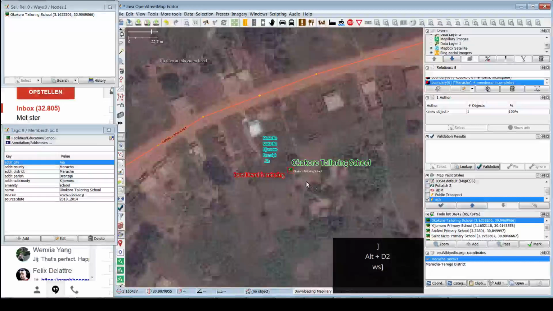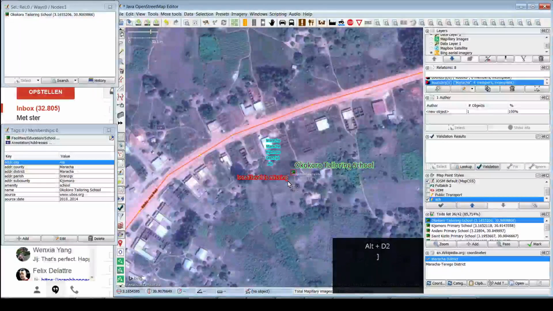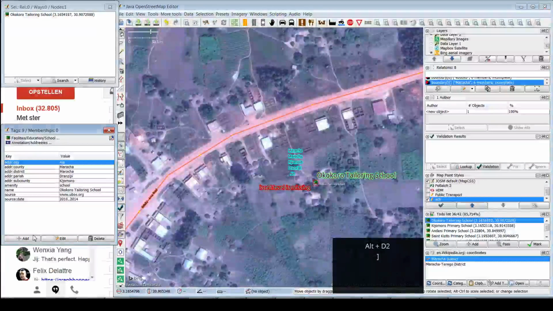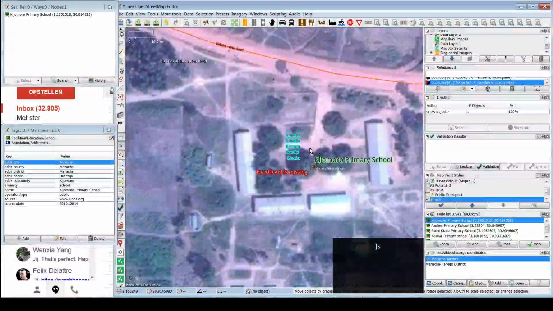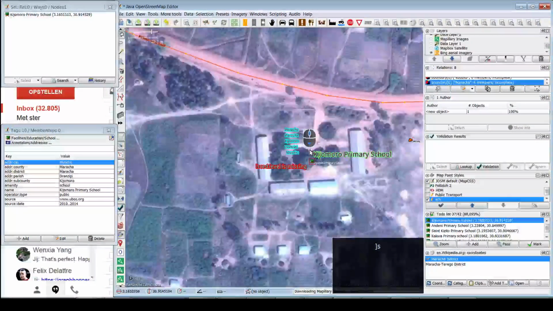Kokoro tailoring school. I don't see which one it might be, so I'm going to add fix me. Please check the position of the node. So hopefully somebody looks at those fix me's at some point, where somebody who looks at that school can at least deduce that the one who was adding it wasn't totally sure